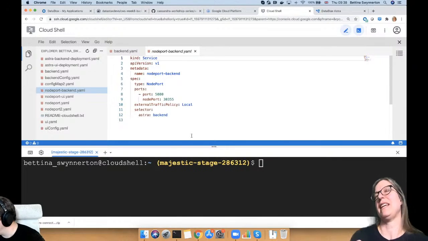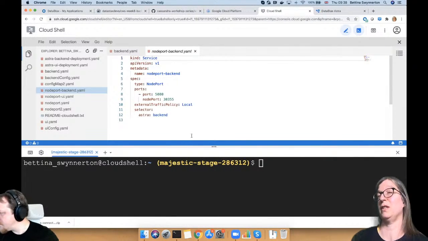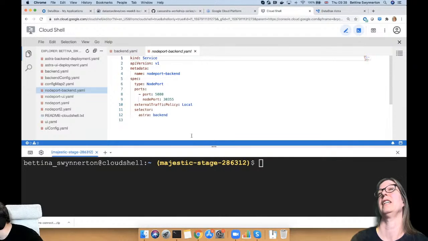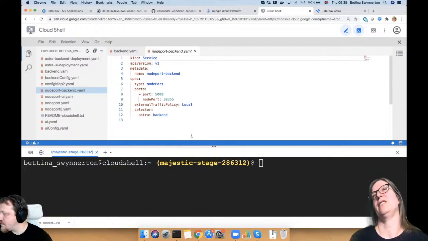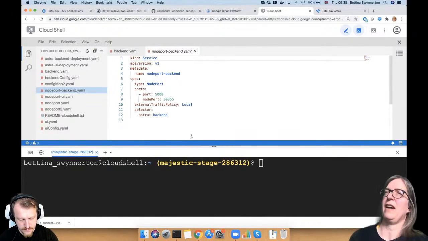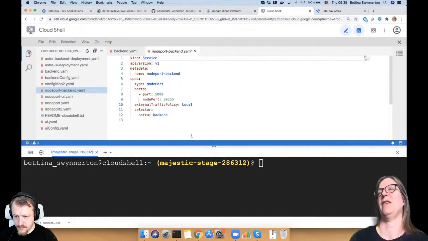Node port is very easy to set up. That's why we thought we'd show you that. You can set it up for test. Previously, we just did it with port forwarding, right? We just forwarded the port with the port forwarding rule. The node port is basically very similar to that. For production use, the big drawback of the node port is it ties you to the worker node where the pod is running.